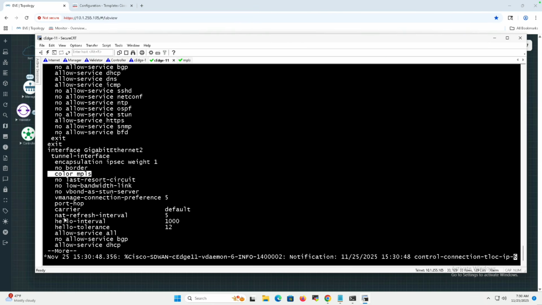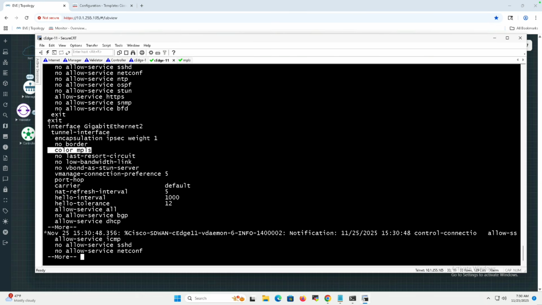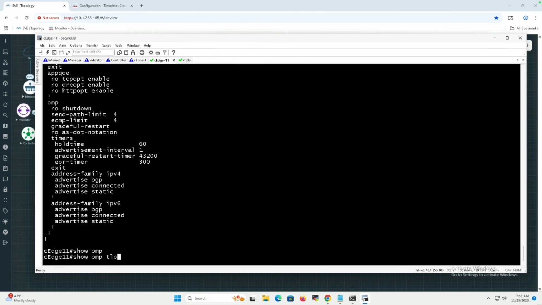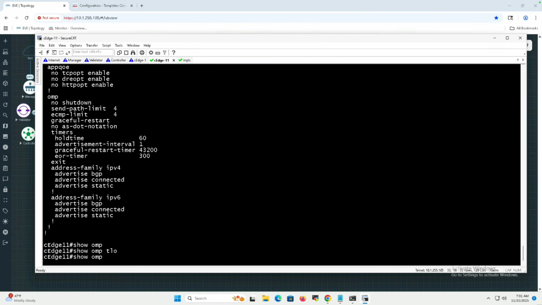And we can see here that I'm also allowing service all. So it's an identical configuration on the devices, but this device is making no record of the fact that it has its T-lock. So if I say show SD-WAN OMP peers, we have